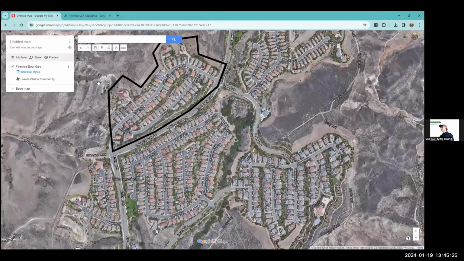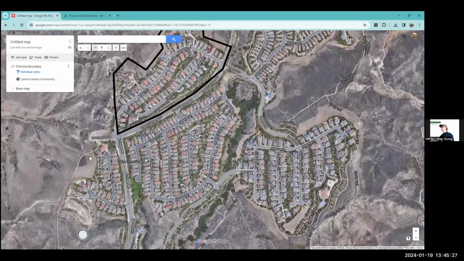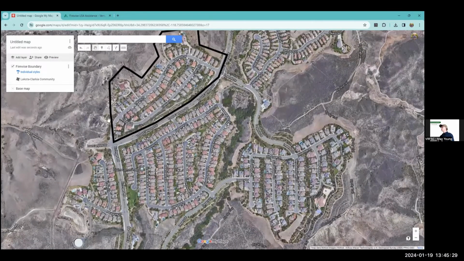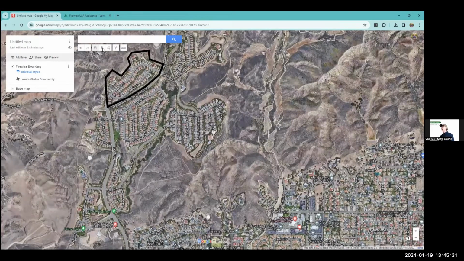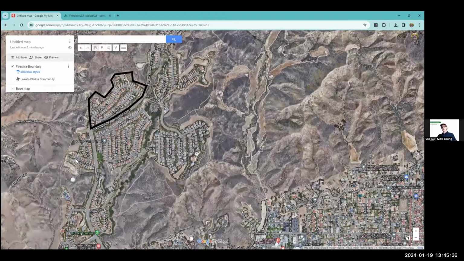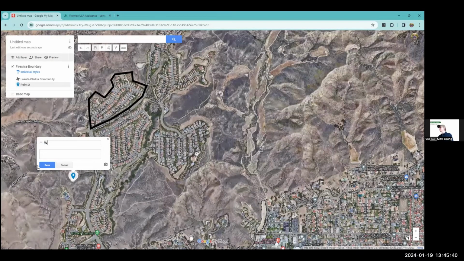for instance, right here, if I zoom out just a tad bit, I can see this is our water tower, presumably for some portion of this community. I can add a little marker right here to this water tower. And I might label it water supply. You can go pretty crazy with it. I don't recommend doing that or spending too much of your time,